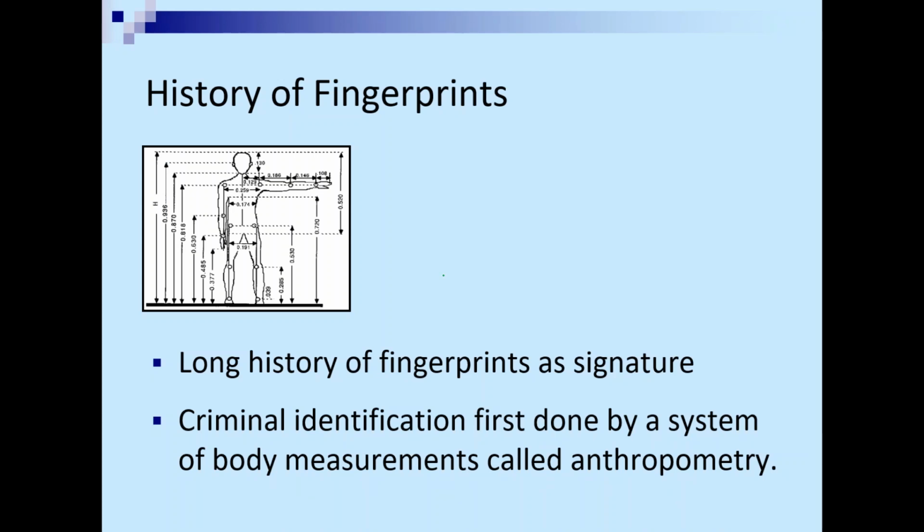All right, your book has a good chapter on the history of fingerprints, and this is almost like the history of biometrics is maybe a better way of thinking about it. Now we're getting into face scans and retina scans and some other things. But early on, when it came to using fingerprints to identify a person, I want you to think of this not so much as identifying evidence at a crime scene, who did this fingerprint come from, but I want you to think of it as identifying an unknown person who is brought into a law enforcement agency,